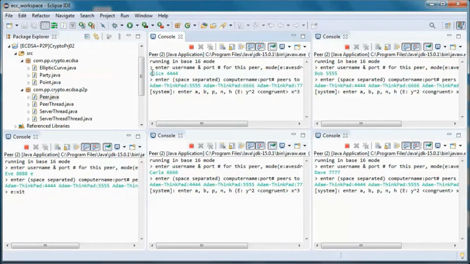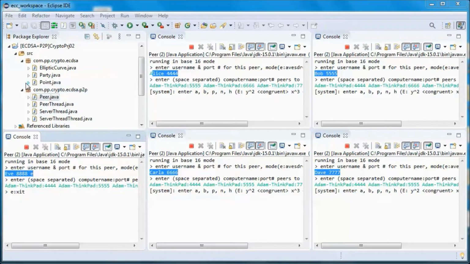So those 4 peers will be using the elliptic curve digital signature algorithm to sign and verify the signature on messages, and this eavesdropper peer would want to sign messages pretending to be Alice, Bob, Carla, or Dave. And